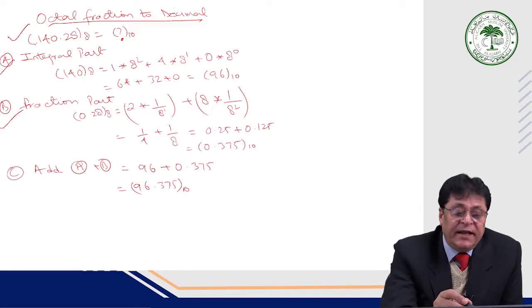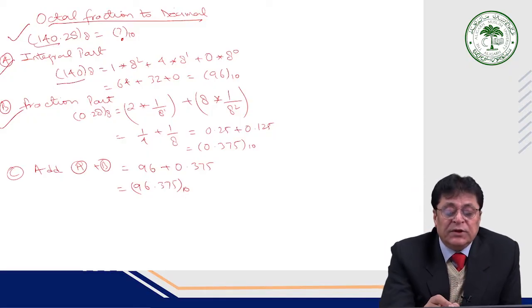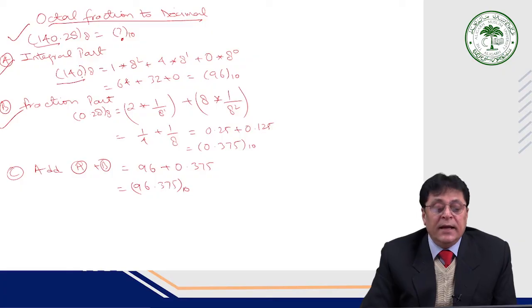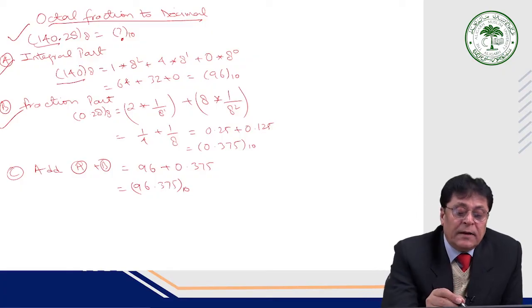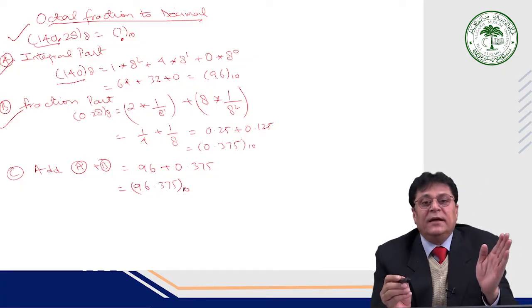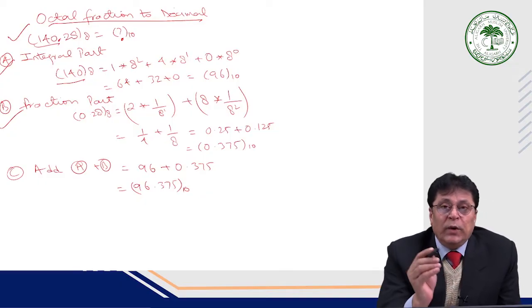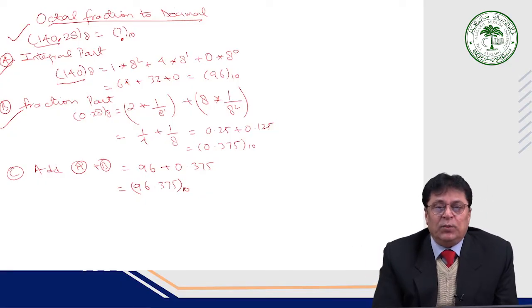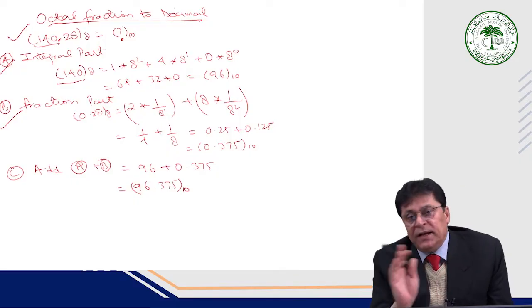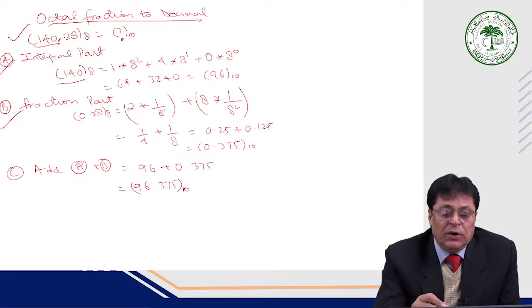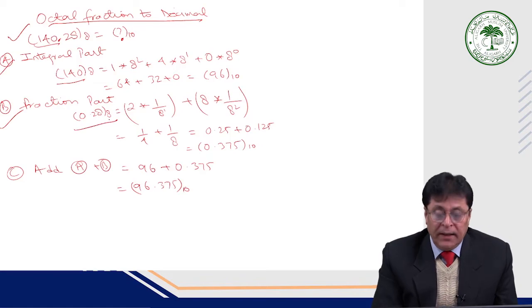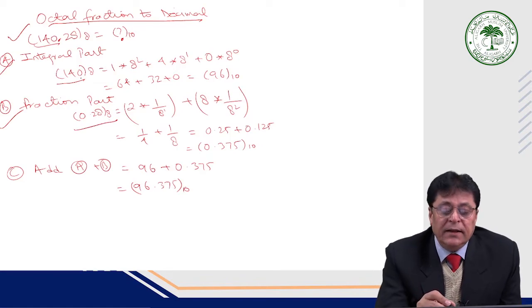So we'll first take the integral part, that is 140 octal, which is to the left of the radix point, and then 28, which is to the right of the radix point, that is the fractional part, which we will handle separately. So we'll start with